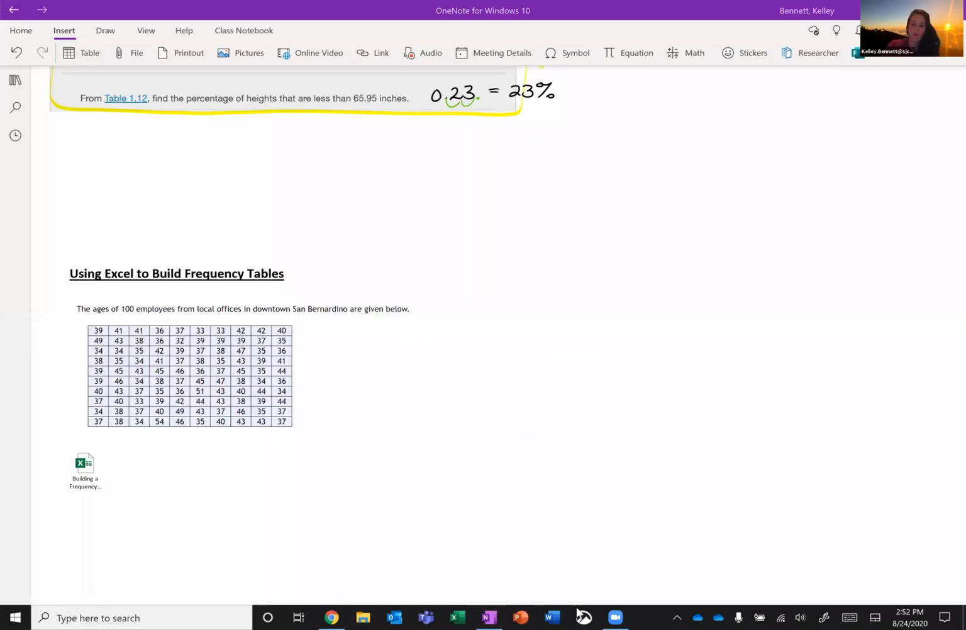Hey, so welcome back. This is the end of 1.3. I'm going to go over how we can build a frequency table using Excel. And this will just be very basic, very straightforward. We're just going to build a frequency table. We will learn how to produce images from a frequency table and images from data in general, just not in